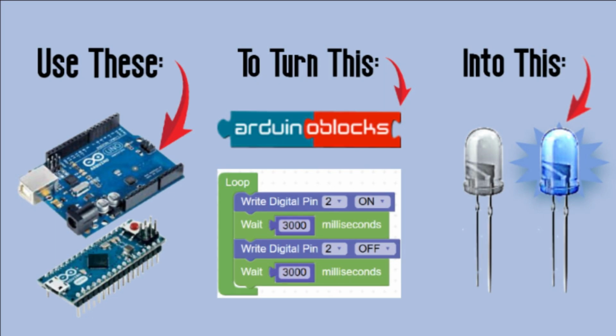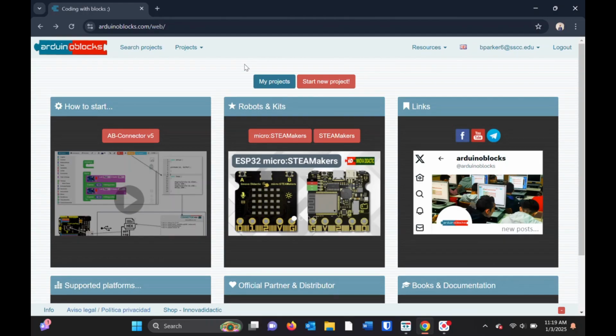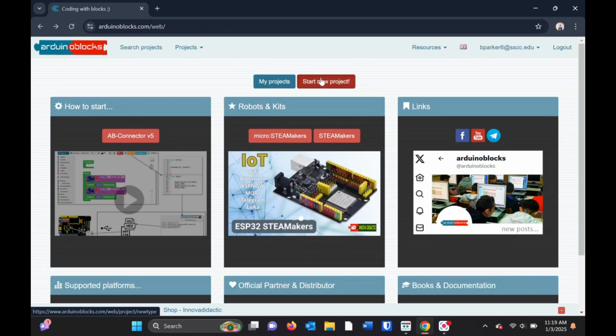This is a video for the Ohio Code Scholar project. Today we're going to be going over how to use Arduino Nanos or Arduino Unos to turn ArduinoBlocks code into a blinking light. So the first thing we're going to do is go into ArduinoBlocks and select Start a New